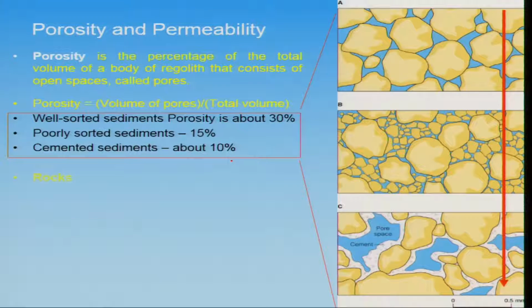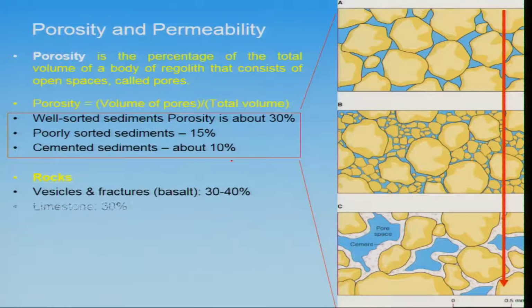Further, if we look at the rocks, then vesicular and fractured basalts, that is, the igneous rocks, will have comparatively higher porosity, around 30 to 40%. The limestones will have around 30%, because they have the capability of getting dissolved, or they will be affected by dissolution activity. So, you will have a lot of huge cavities available. So, it will have comparatively higher